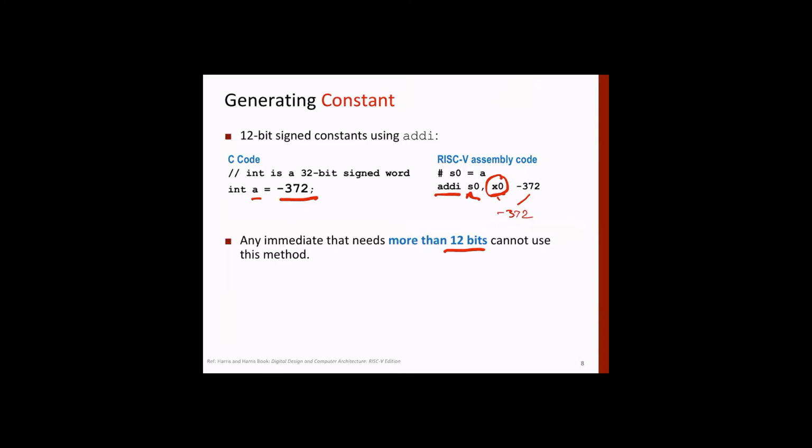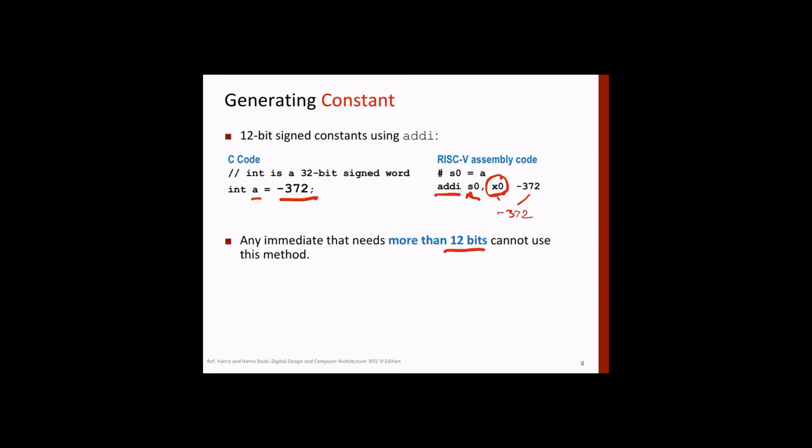Okay, so it's a signed one because we are using signed. We are not using unsigned ones here. The instruction assumes that the immediate field contains a signed one. Then of course we know the range, right? If there are 12 bits, then 2 raised to the power 11 on one side and 2 raised to the power 11 on the other side: positive 2 raised to 11 and negative 2 raised to 11.